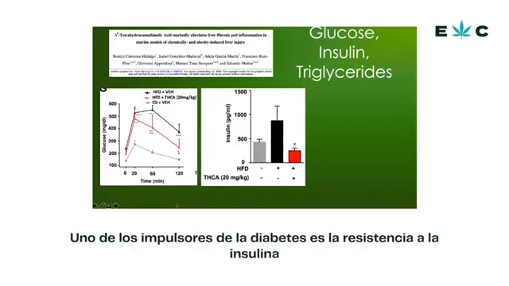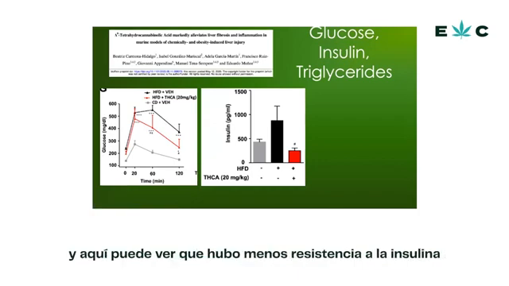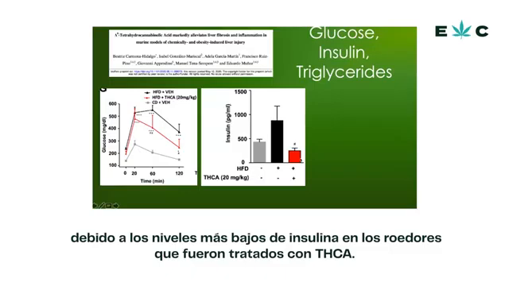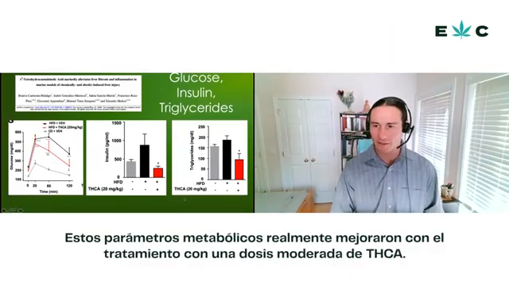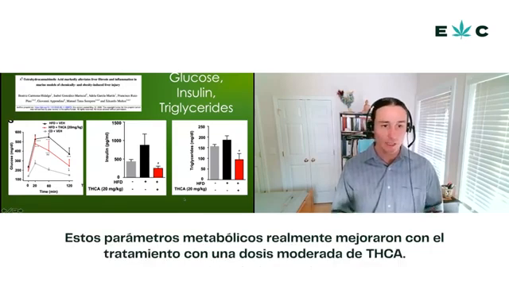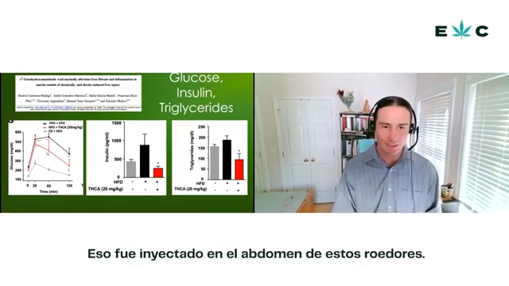One of the drivers of diabetes is insulin resistance. And here you can see that there was less insulin resistance based on lower insulin levels in the rodents that were treated with THCA. Also lower triglycerides, which is fat in the blood. So altogether, these metabolic parameters really improved with treatment with a moderate dose of THCA